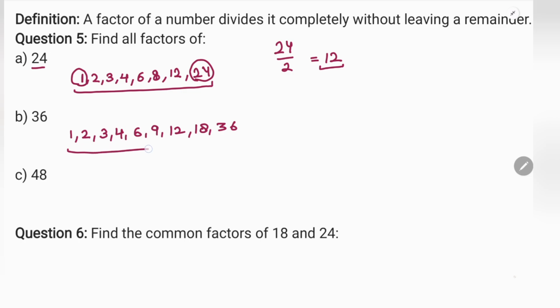These all are factors of 36. If I miss something, you can comment that in the video. Okay, if it is right, then these are all the factors because they all completely divide 36. Okay, then similarly 48. This is homework for you. You will comment your answer in the comment section. Okay,